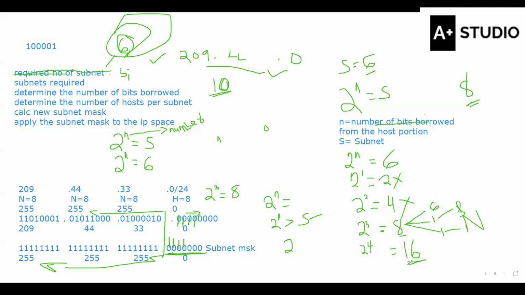Okay. So out of this 16 subnetworks, we can pick only 10 for our original network. After we pick the original network, we will still need 2, that is one for broadcast, one for network. Okay, so it becomes 12. Okay, meaning we've even used, so that is why I told you that